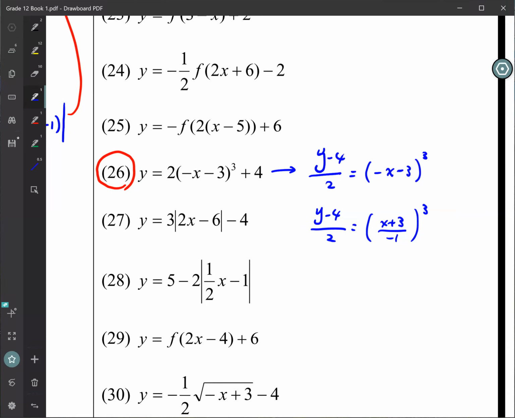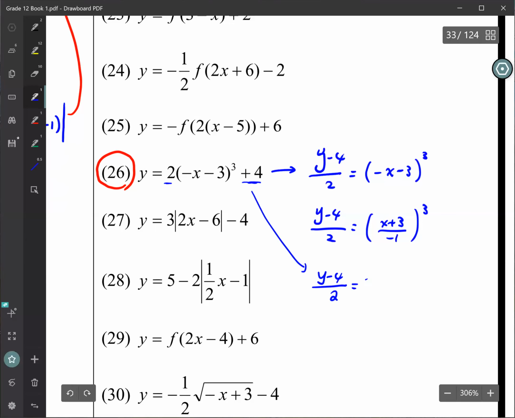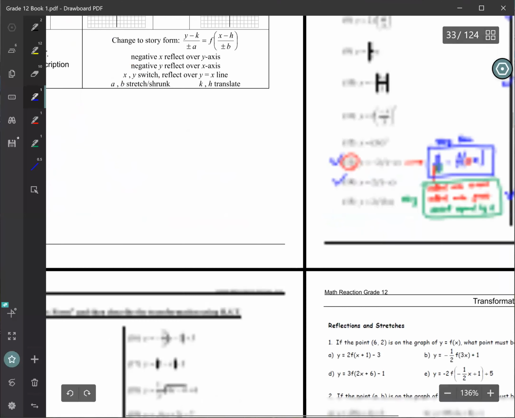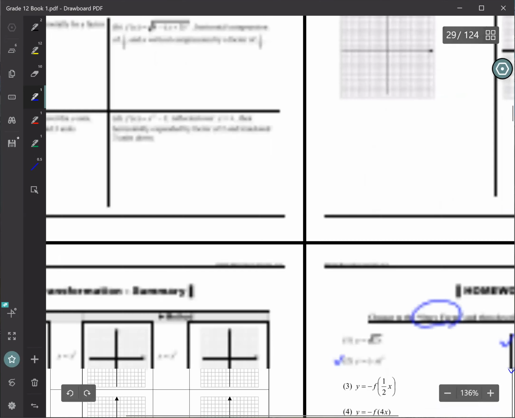Okay, so let's go over and see which one is the final form, okay? So of course, the moving over should be easier now, right? So we move the plus 4 and then divide by 2, right? So left side, no problem. Y minus 4 over 2 equals negative x minus 3 cubed. So this is the beginning only. This one is not wrong, it's just not finished yet. Because if you want to get story form, if you go back up and check the form,